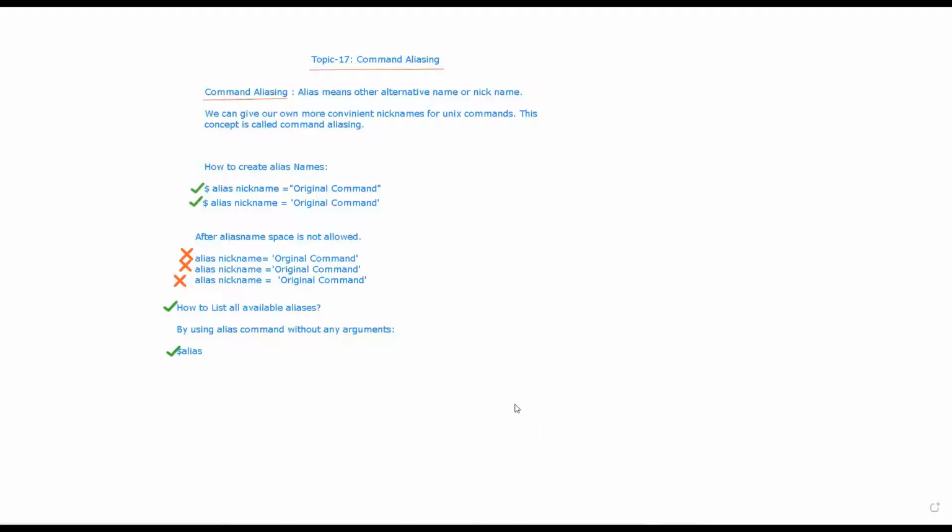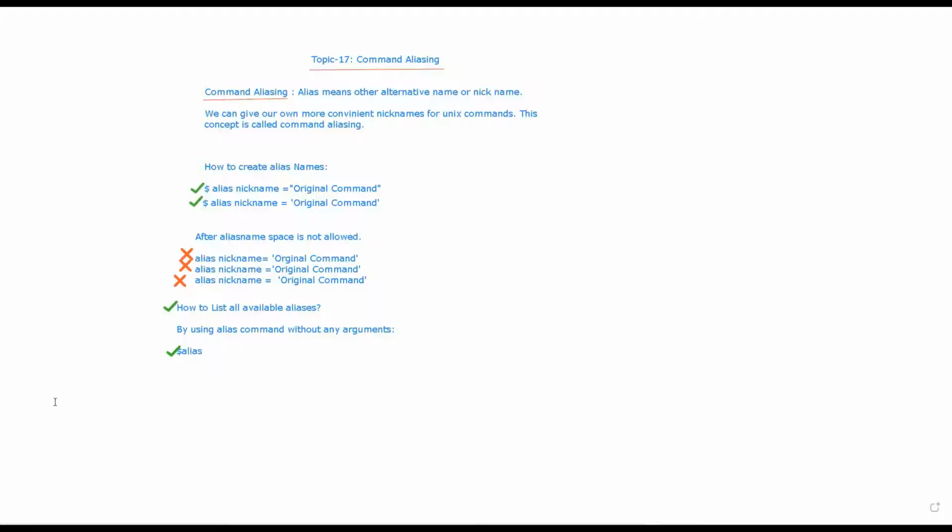Now suppose in some cases you created aliases and you want to remove the alias name. How can you remove the aliases? Now what we saw is how to create the alias, right? This is the way to create the alias. Now we saw what all the invalid options are. If you give a space after the alias name, that is not possible. I mean, you can't create the alias by using a space after the alias name. Now the third option, we saw how to list the aliases. By using the alias command, you can list the aliases.